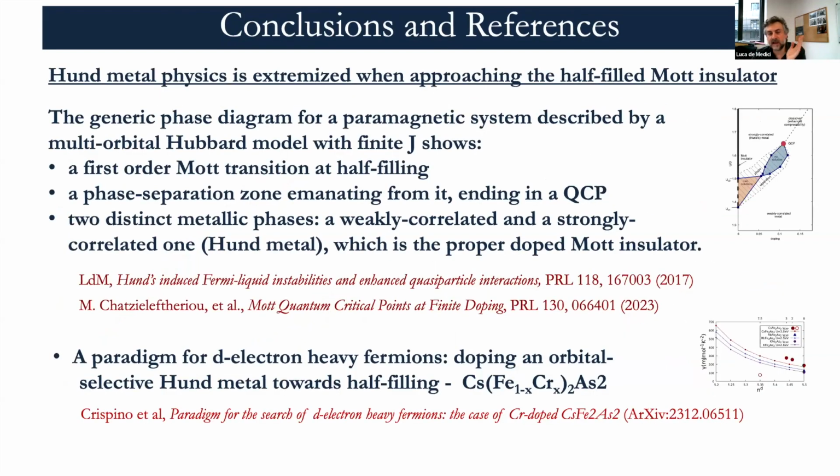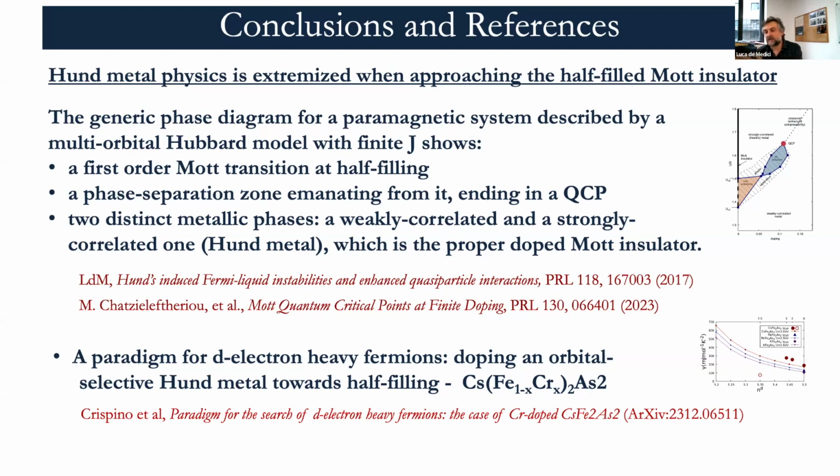So I go to my conclusions. I hope I have convinced you that whole material physics is nice, is very interesting, and most of all, that it is extremized when approaching the half-filled Mott insulator, so much that in the surrounding of this half-filled Mott insulator, thanks to the Hund's coupling, we have a frontier that basically divides a weakly correlated metal from an extremely strongly correlated metal, which is the proper doped Mott insulator, which I would like to identify with the Hund's metal phase, and which extends all the way to very, very large